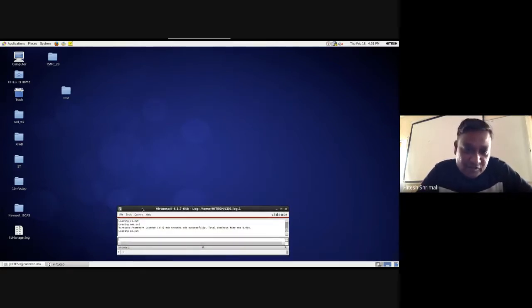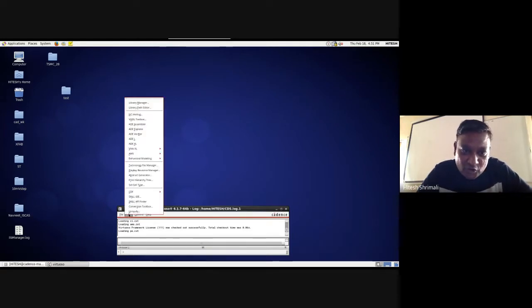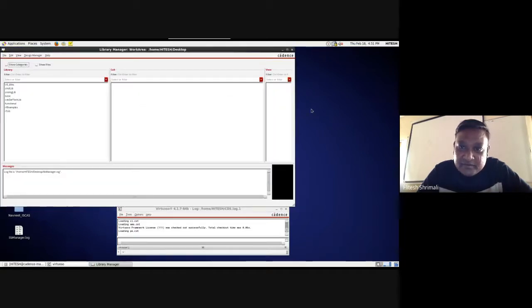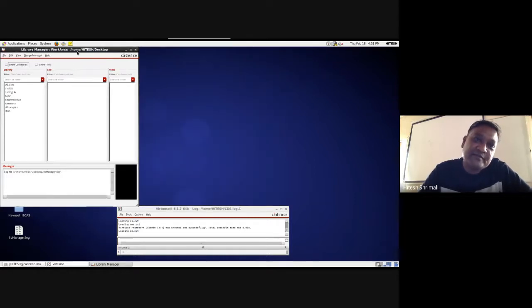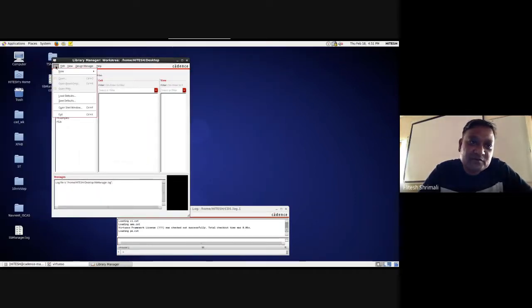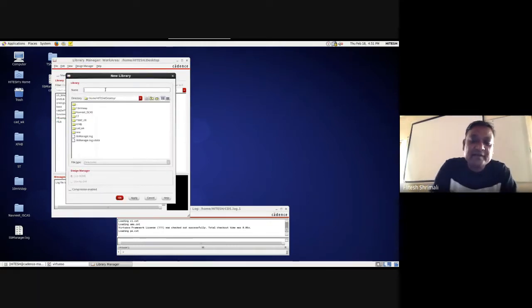So then here you can see tools is there. Go to tools, go to something called library manager. Maybe you will see a similar thing which you have seen in Simica, right? You go there, go to new library. Let's give something like ETS_test, whatever.